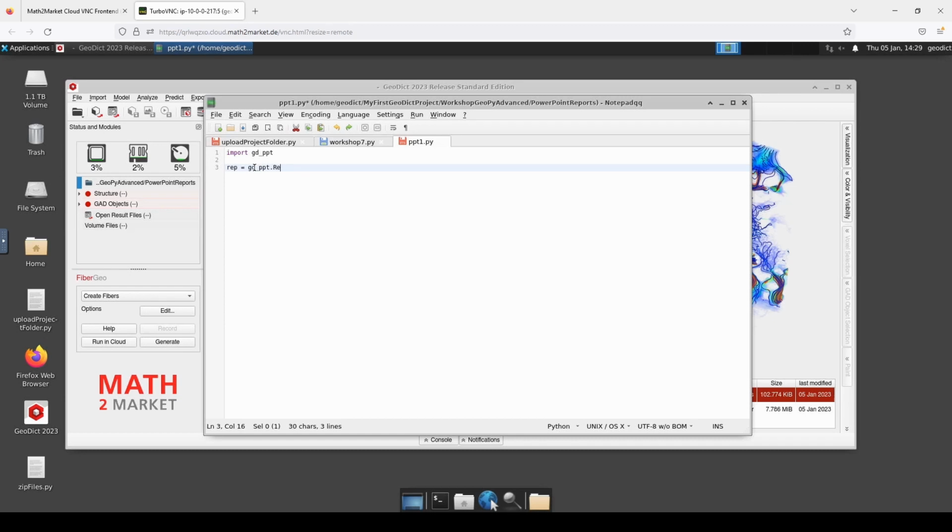Note that capitalization matters here. So it has to be a capital R and a capital G. In quotes, ppt_template.pptx. The reason why I asked you to change to this other project folder is we have this ppt_template.pptx there, which is a PowerPoint template file which contains some master slides, namely the ones that I showed you